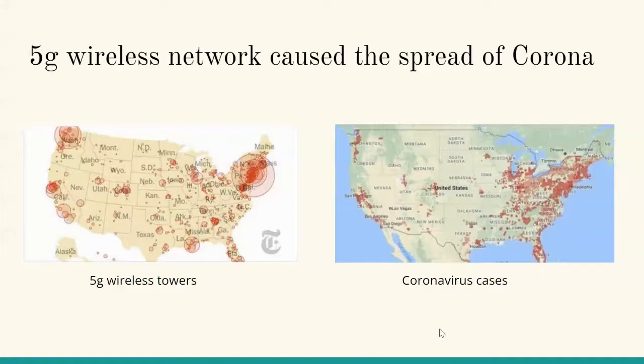Here's another one that we have. So here's data that was very popular not that long ago, okay, showing that 5G wireless network caused the spread of COVID. So a 5G wireless network was making COVID spread. Okay, and this was data that was actually shown. And so they would present the graph on the left, which is 5G wireless towers, and then they would present the graph on the right. And people would look at this and see, man, those are so stinking similar. 5G wireless towers must be causing COVID.